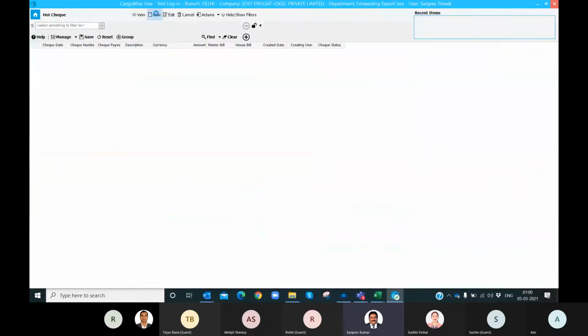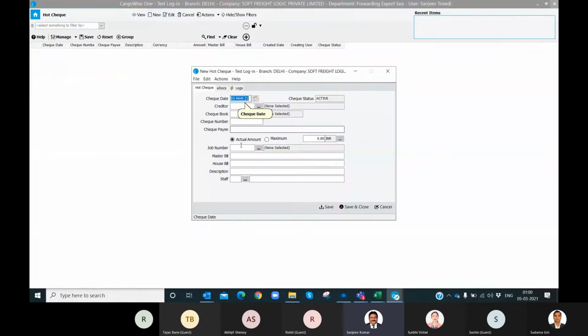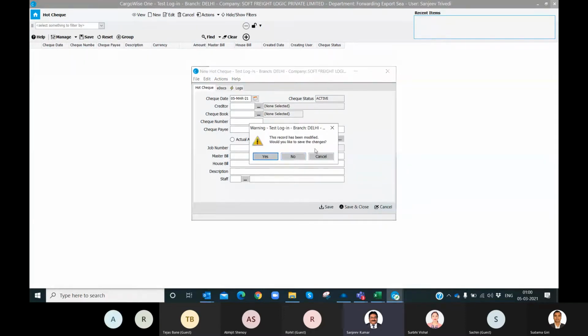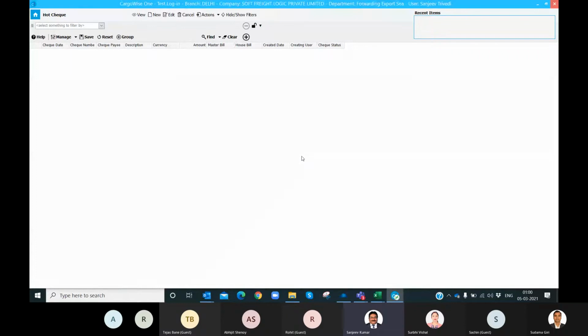Suppose if I go to hot check new, you see here actual amount and maximum amount. You will have to use that maximum amount, suppose 10,000, because you don't know the actual amount. At the time of passing a payment entry, the system will prompt that there is a hot check against this vendor, so do you want to use that?